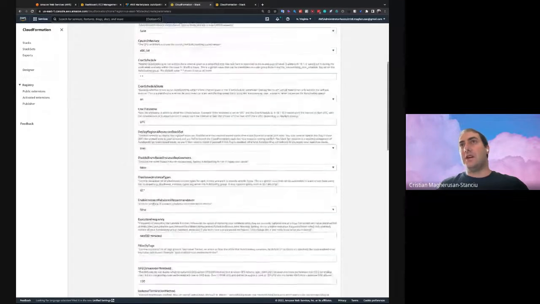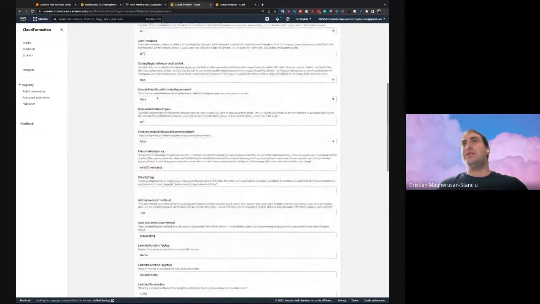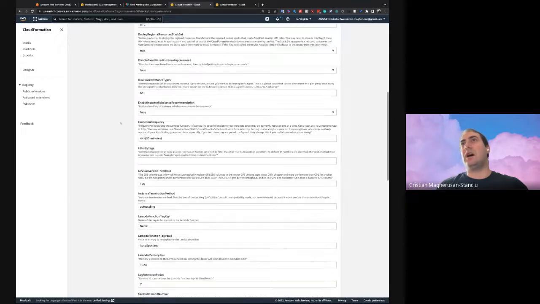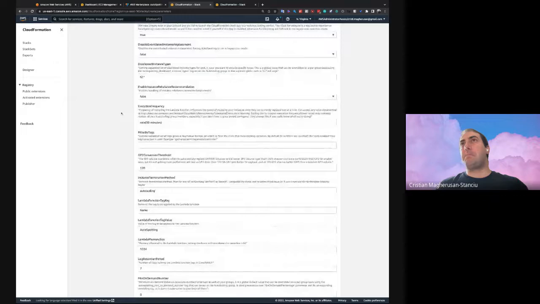Other things notable are this event-based instance replacement. The way this works is it's reacting earlier than the terminations, but we have seen this to cause increased interruption rate. So that's why we recommend it to be kept at false. We talked about the disallowed instance types. And